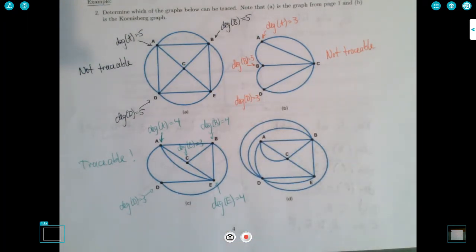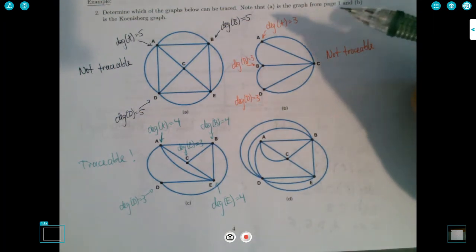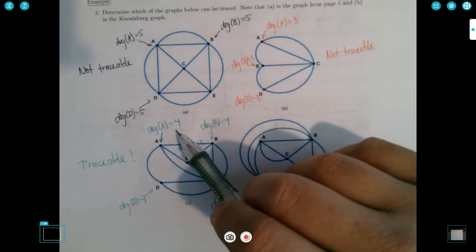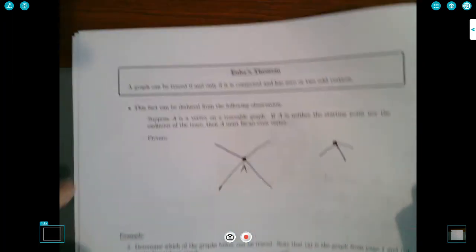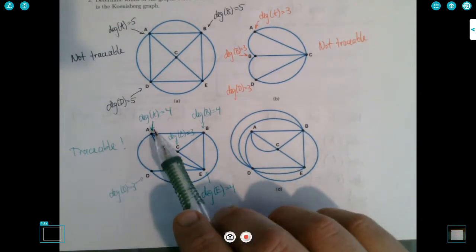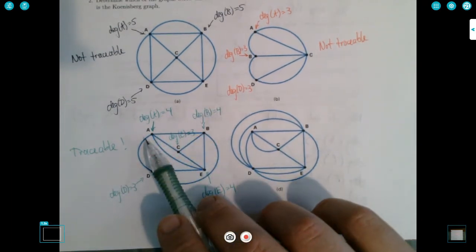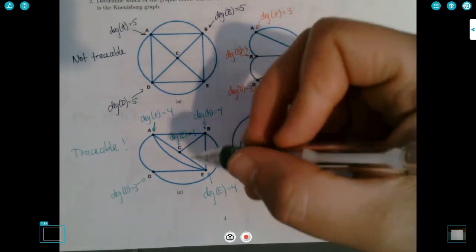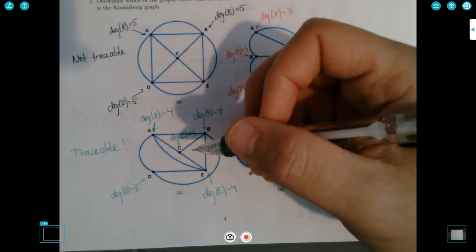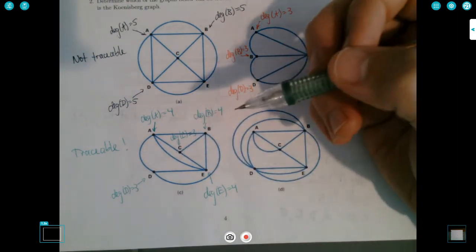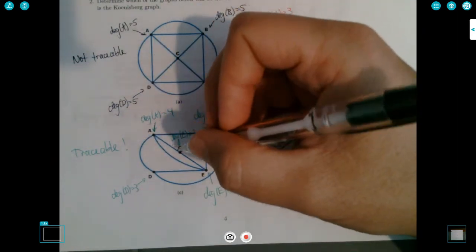It's traceable. Let's see if we can figure out how to trace it. Now that's another question altogether, but since it's traceable, using the kind of reasoning that we talked about up here, we know that we're not going to start at an even degree, at an even vertex. We should start at an odd vertex. I know that my odd vertices have to be my starting and end points. So maybe if I start at C,